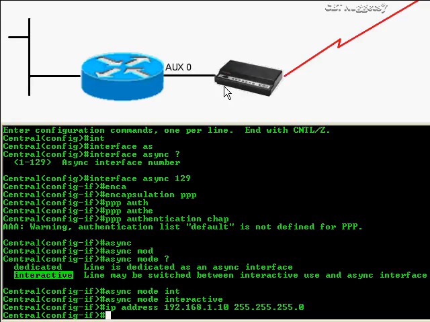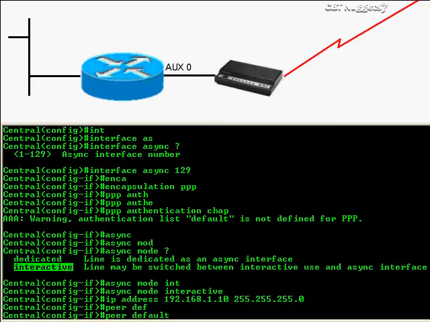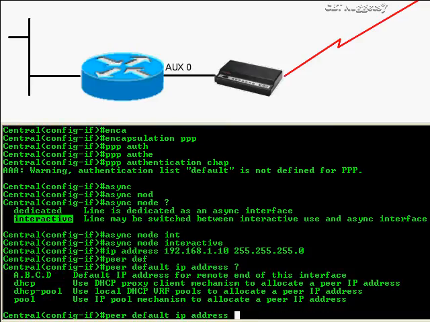Now, here's the quandary. People are going to be dialing into this. They expect to get an IP address, right? Unless they've configured, like, the Windows 2000 computers to have a static IP address for their modem. They expect to be assigned one via DHCP or something of that sort. Well, here's how we can do that. If we have a user dialing up and they need to be assigned an IP address, we can use one of two methods. We can type in peer default IP address,